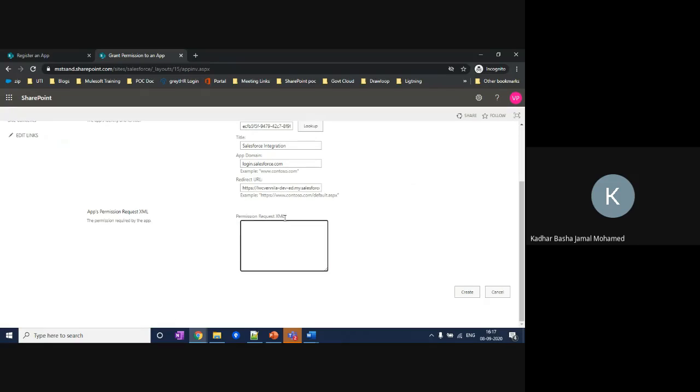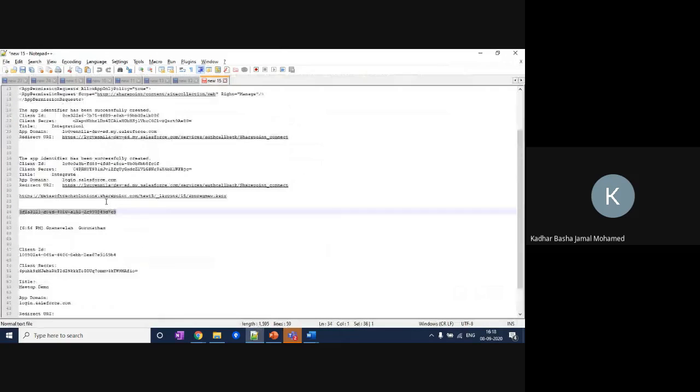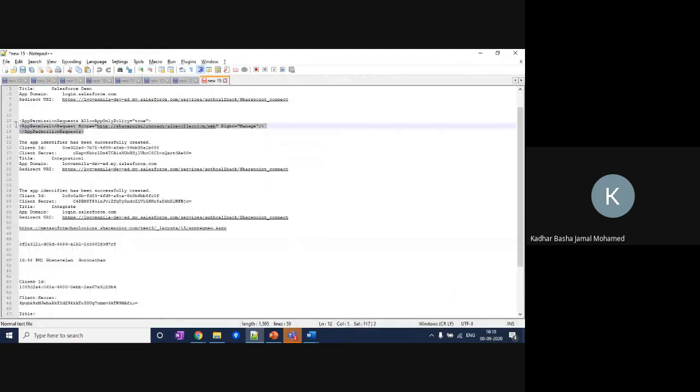Here is the permission request XML. So what we need to do here is provide some XML code. So this is my XML code.